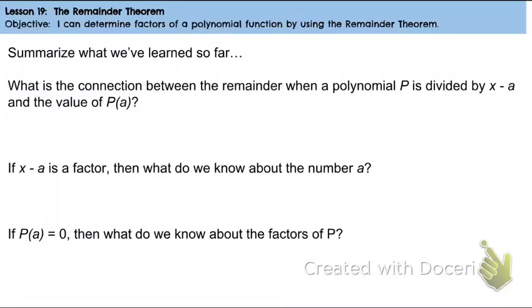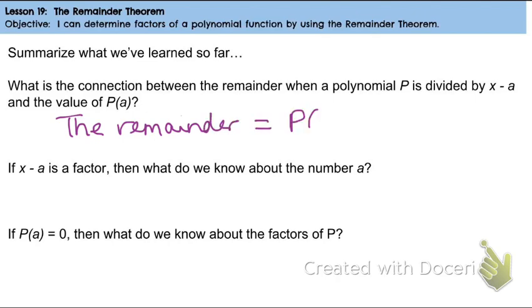Alright, so where we left off yesterday was summarizing what we've learned so far about the remainders of polynomials. So the first question is, what is the connection between the remainder when a polynomial p is divided by x minus a and the value of p of a? So the remainder is the same thing as p of a. I'll write that out. The remainder